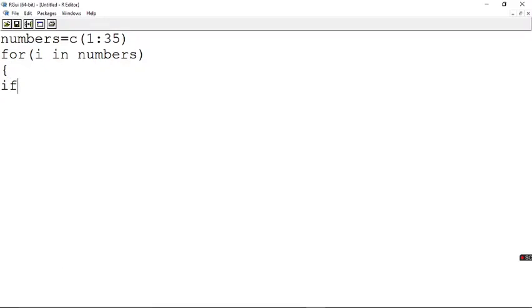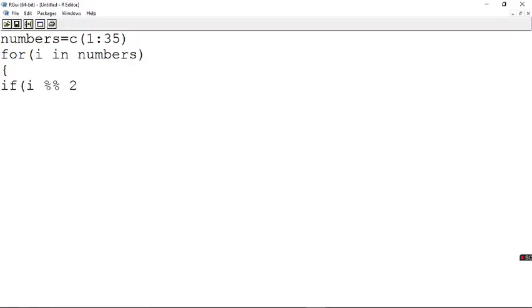So I say if statement here, and what I am doing? I am going to take this I value. So that is the first element of my first vector numbers, and I have to divide it by 2, and I have to get the remainder. I shouldn't get the quotient, I have to get the remainder. So we know that there is an operator percentage which will give you the remainder after division.